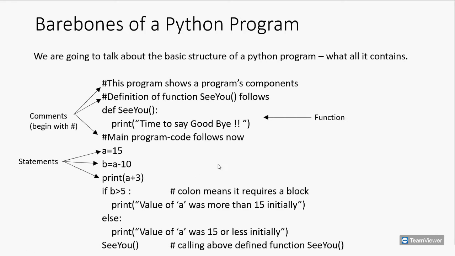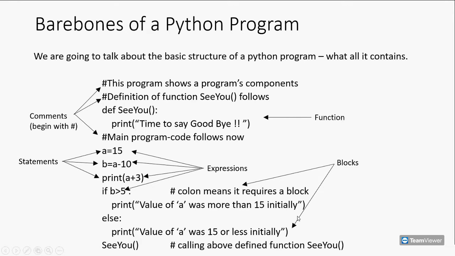Then we have statements, which are these three here: a equal to 15, b is equal to a minus 10, and print a plus 3. All these are statements in my program. Now these four are the expressions from my program: 15, a minus 10, a plus 3, and b greater than 5. These are the expressions. These two